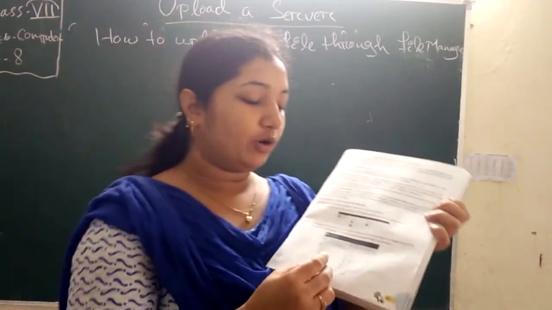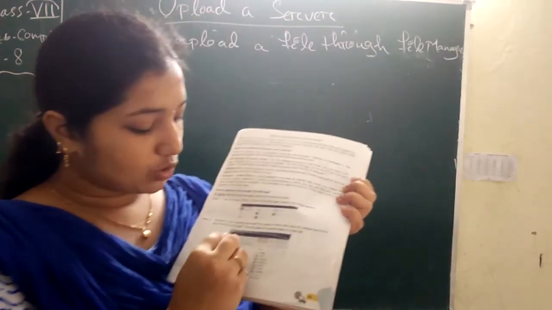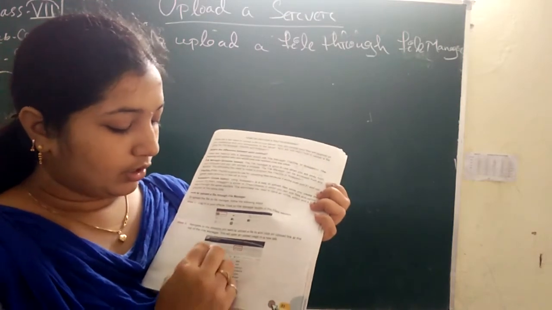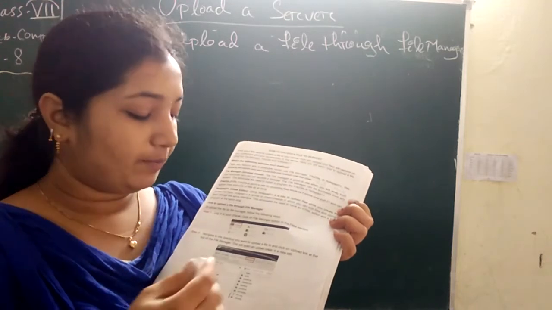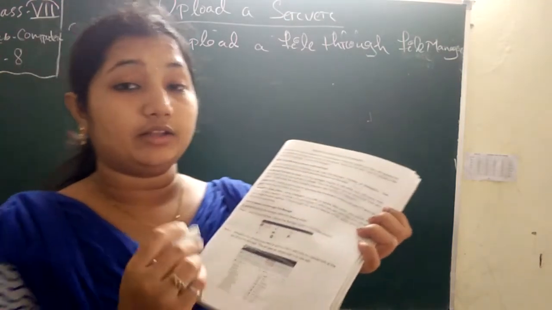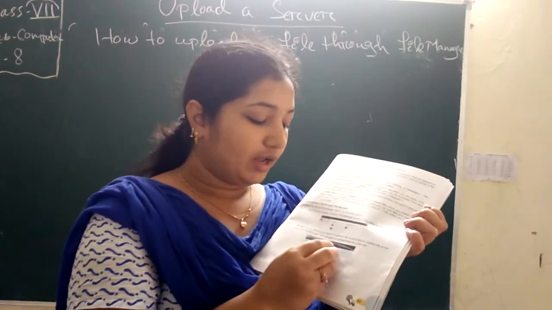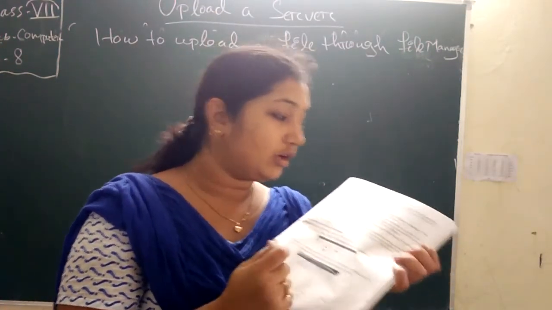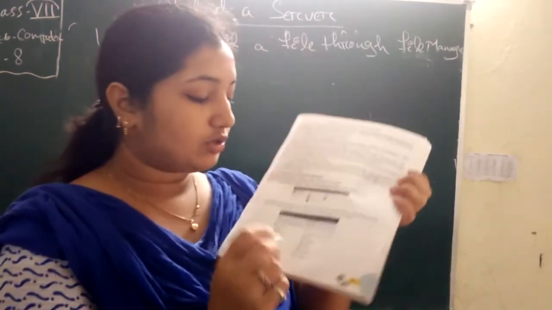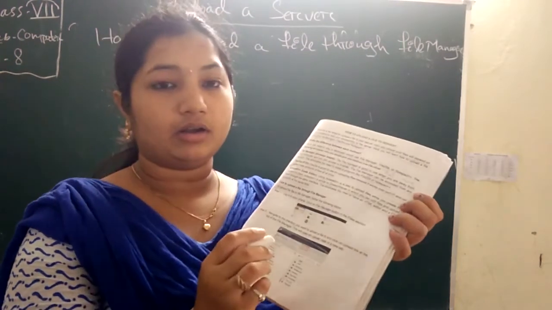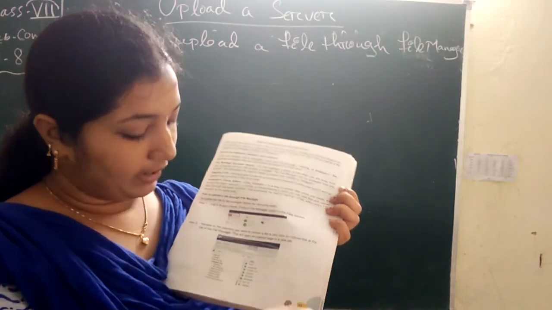This will open the upload page in a new tab. You can see this tab has already come. Here so many options are there. In copy, we can copy the file. In move, we can move the file to another folder. In upload, we can upload the file, in download we can download the file, and in the delete option we can delete the file. So here we are doing the uploading. For that, we click on this upload file.